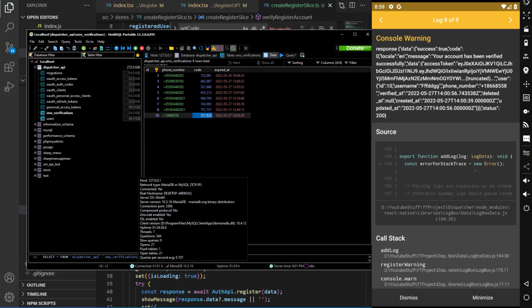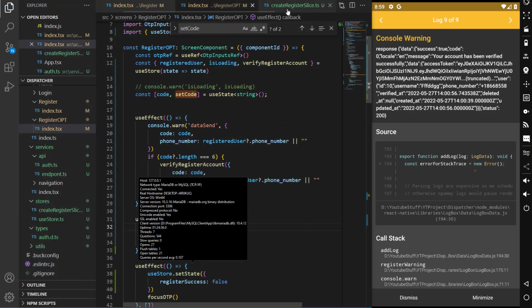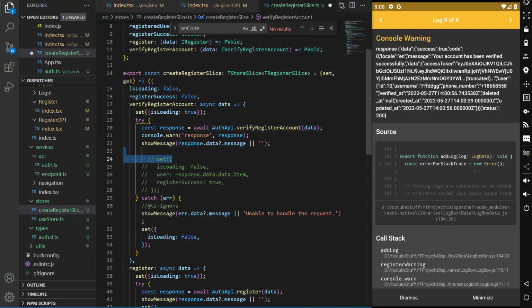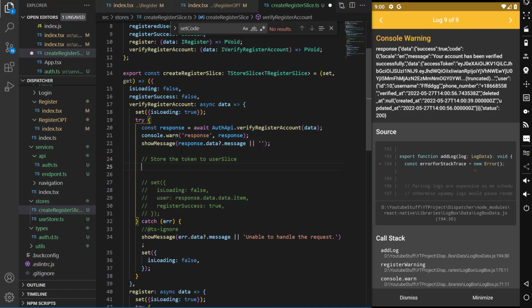So what I'm gonna do first is store the token to the user slice. I'm gonna create a user slice after this, and then I'm gonna